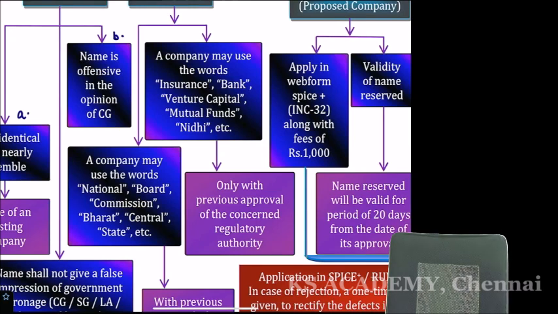What is the restriction? Two types of restrictions are there. First one, CG permission required when? Yes, sir. It requires permission of CG to use the words which give the impression of patronage by CG. No, that is prohibition. I am asking about restriction. The words central, state, board, national. Very good. Next, Bharat. Specified businesses such as venture capital, bank, insurance, mutual funds. Whose approval do we need to take? The specified regulatory bodies. Okay. Thank you very much. Very good. Next.